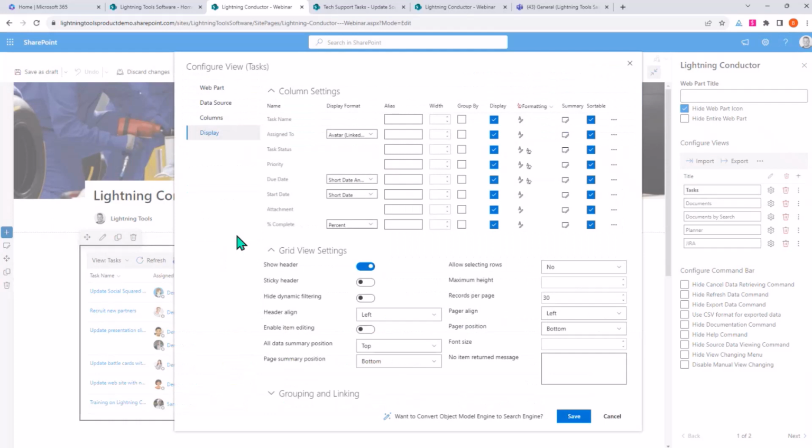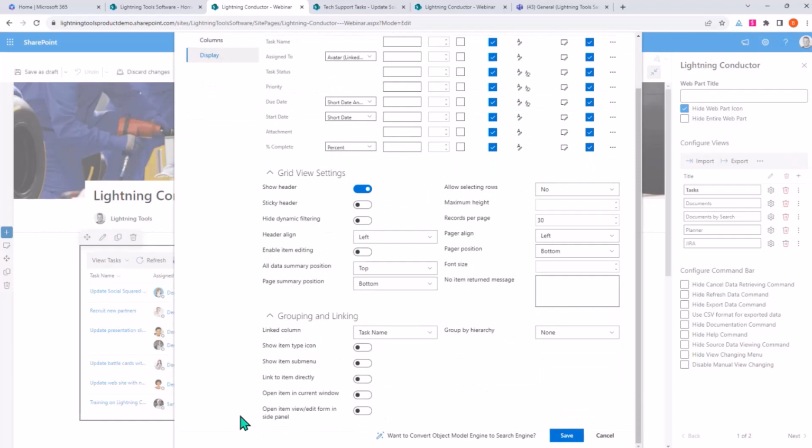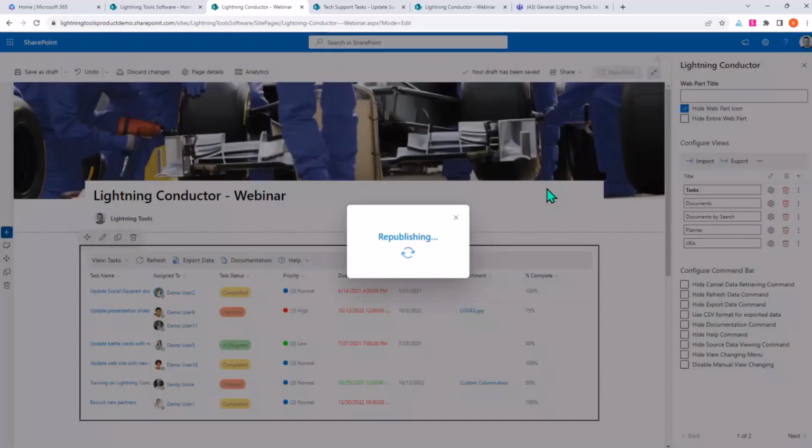under the display, you've got lots of different refinements that you can make to the display itself. And one of them is, if I can see where, here it is at the bottom: open the item, the view, edit, format in a side panel. The benefit of this is you don't actually have to leave the page that you're on anyway. So we can have that one selected, and if we just go through, save and republish,